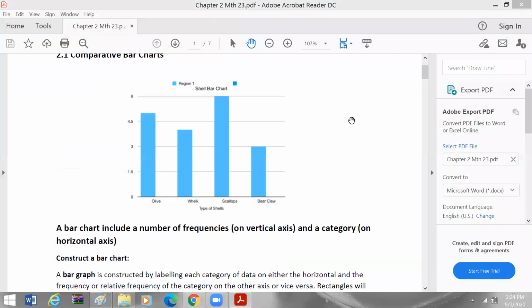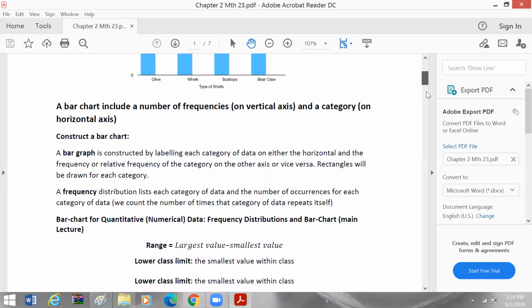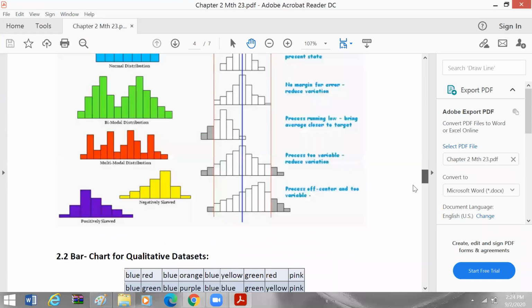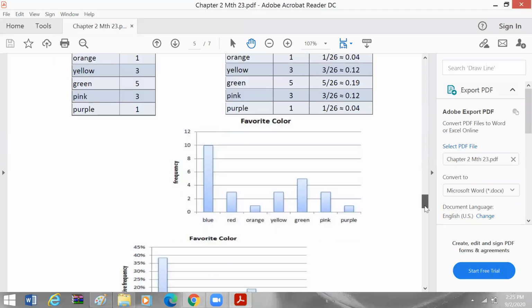So there are so many ways that we can collect the data set. Okay. So the first thing, there are actually a lot of them. Something that we skip, for instance, is the bar chart for qualitative data sets. Let's say we collect a number of data that we learned from chapter 1. There were 2 types of data set. One is called qualitative and one is called quantitative. So for the qualitative data set, let's say we collect a number of the favorite colors. For instance, we have 27 people, and each person is going to give us a different favorite color, and after that we can collect the number of frequencies, and then we can make a chart like this. But this would not be covered on the exam.